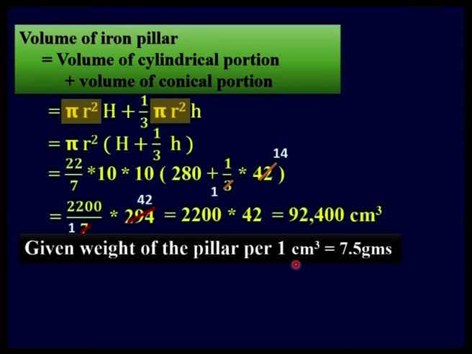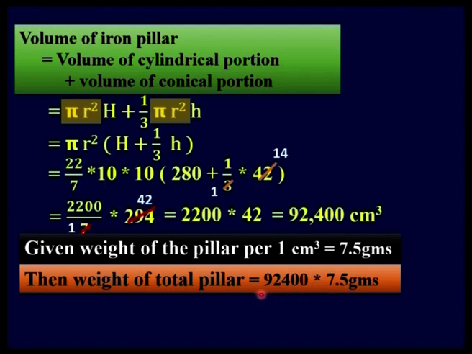per 1 centimeter cube is 7.5 grams. For 1 centimeter cube 7.5 grams. Then we have to find out here for 92,400 centimeter cube volume, for this volume we have to find out its weight. So here what we have to do, children? Yes, multiply 92,400 with 7.5 grams. So that gives the complete weight of the iron pillar and the answer is